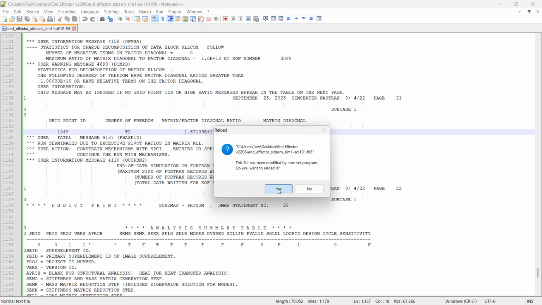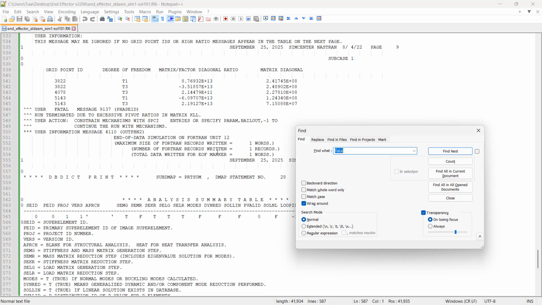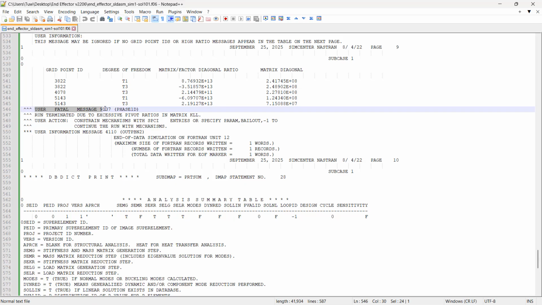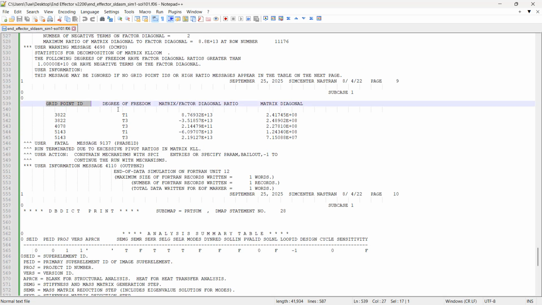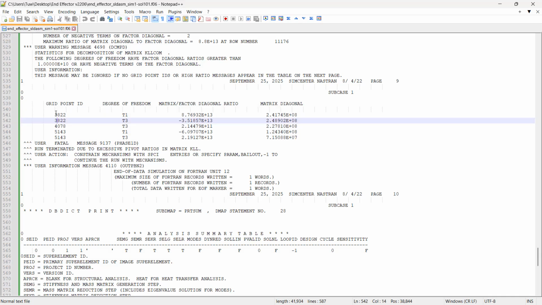I'll just reload this file and search for the word fatal. Fatal, okay, so we see the fatal message over here. This is the same message we received in Simcenter 3D, and these are the nodes that are floating. So let's check the first node,